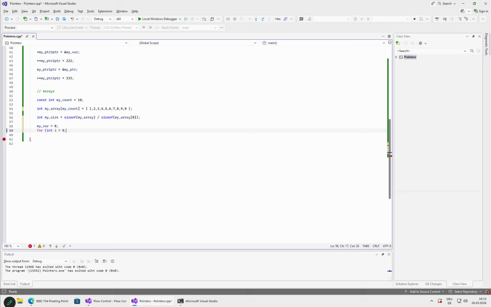So we start with 0, then i must be less than size. Accessing an array at the index equal to its size would already be accessing one element too much. And then of course we'll have an i++, so that our loop actually ends and does not run endlessly. A loop without this would in this case run forever. So we take our variable plus equals, we take our array, we address it at e, and let's put a breakpoint here and take a